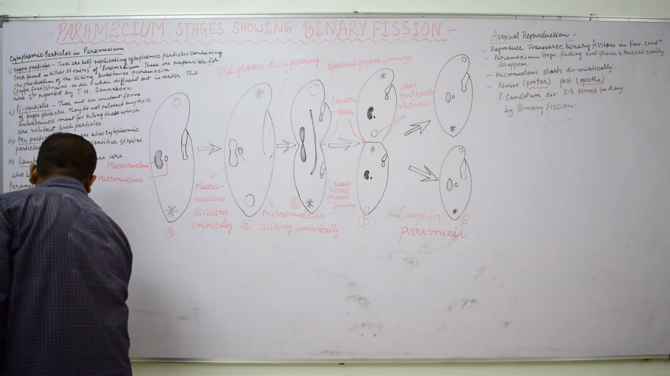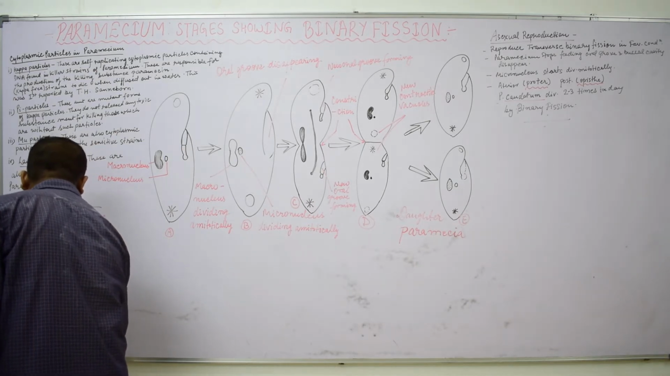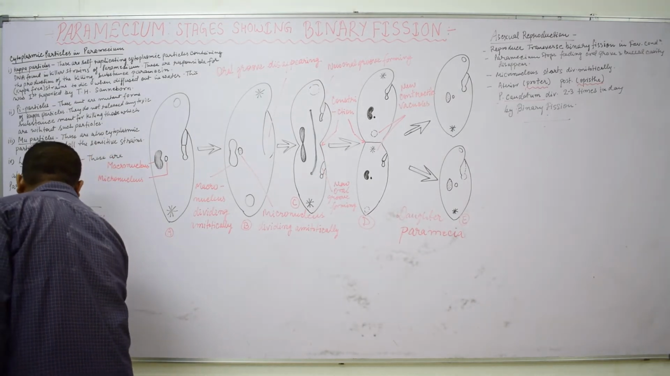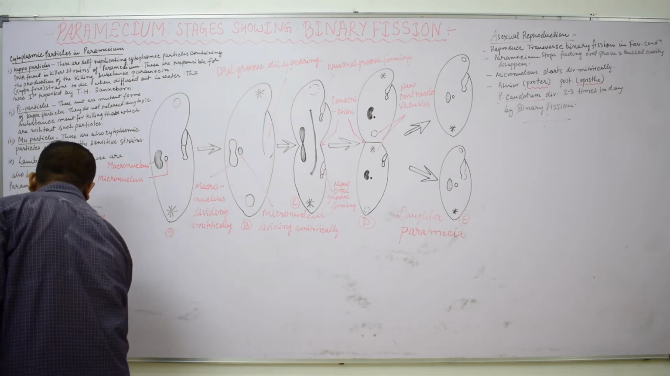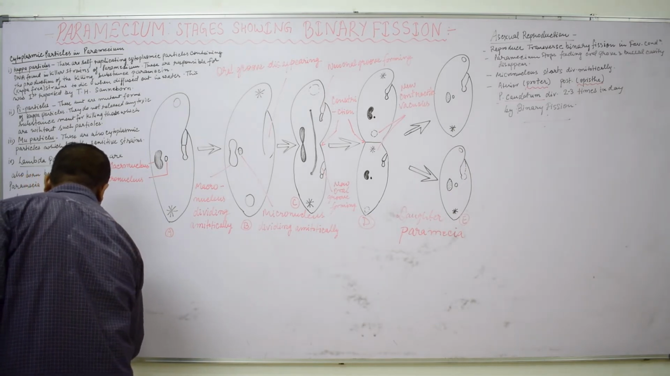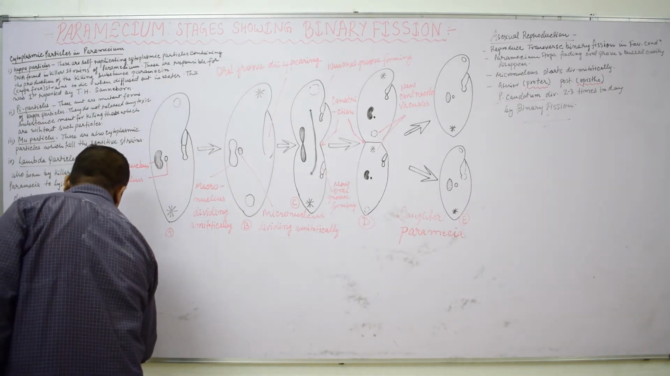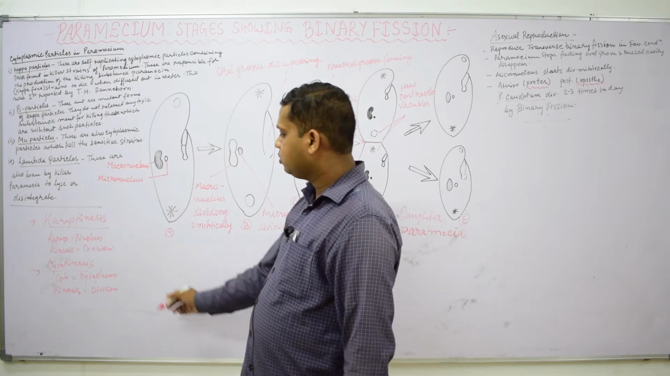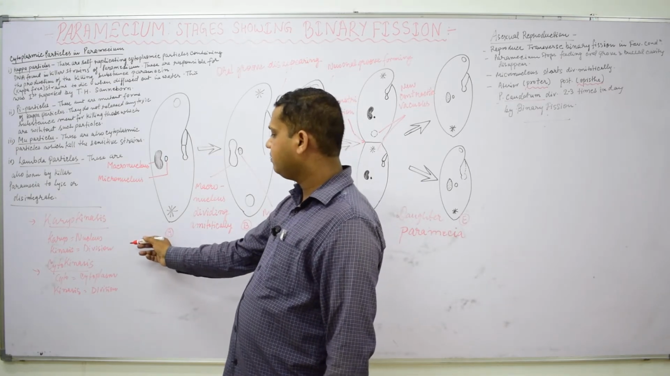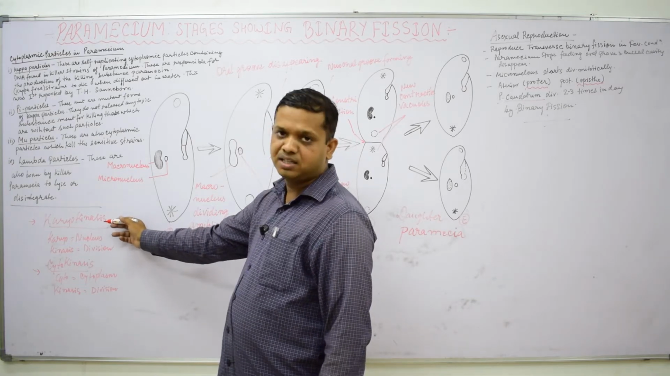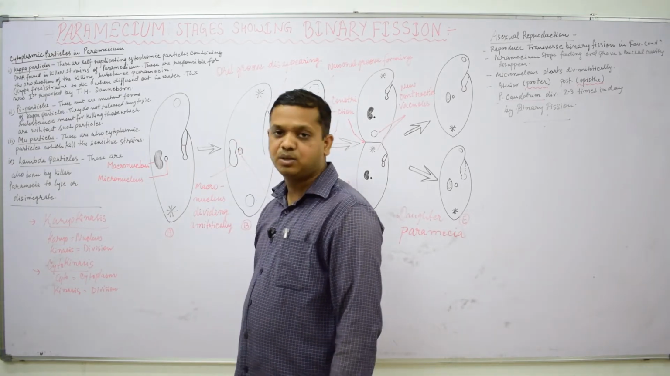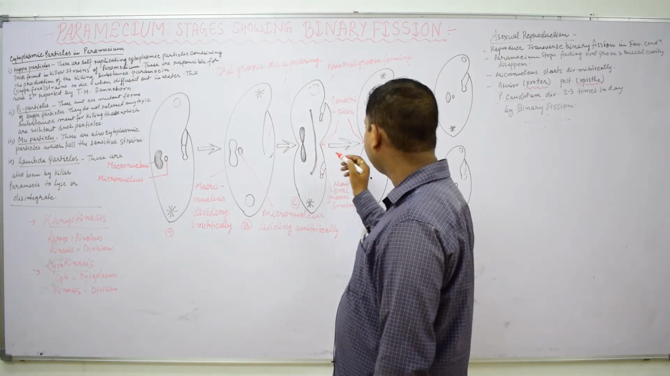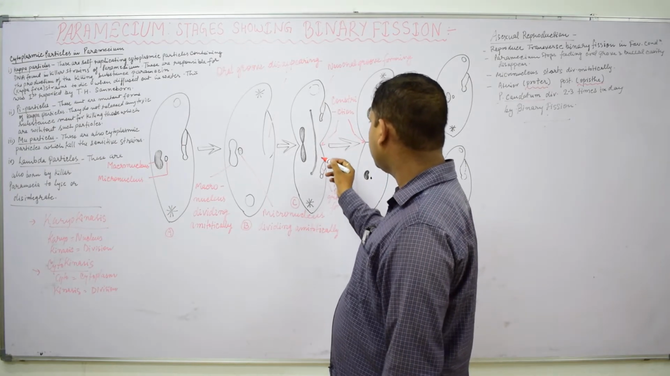Cytokinesis. Cyto means cytoplasm and kinesis means division. So cytokinesis means cytoplasmic division. Karyo means nucleus and kinesis means division, as well as cyto means cytoplasm and kinesis means division. So in this C stage we will see division of nucleus as well as cytoplasm both